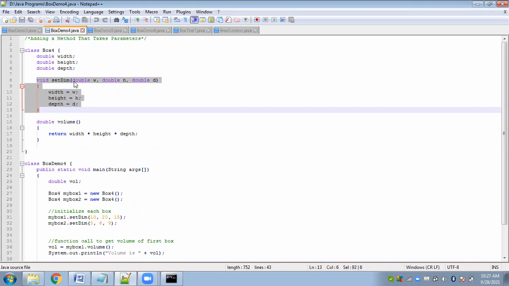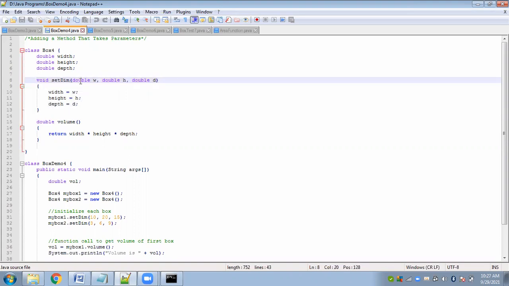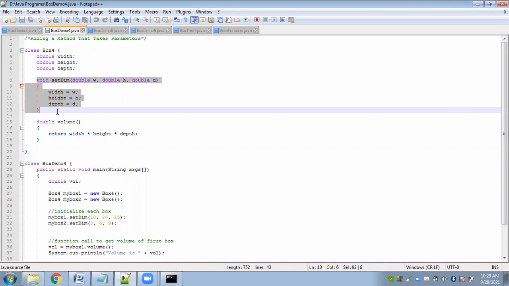Okay, here we have an argument list. So here we will pass some values from the main function. Those values will then be assigned to width, height, and depth. Clear? So this is the extra thing that has been added to the previous example, nothing else. In the previous example everything else was the same, but as an extra addition we have added one method which will take in parameters, arguments, values in the argument list, and those values will then be assigned to width, height, and depth, and based on that we will calculate the volume of the different objects that we create.